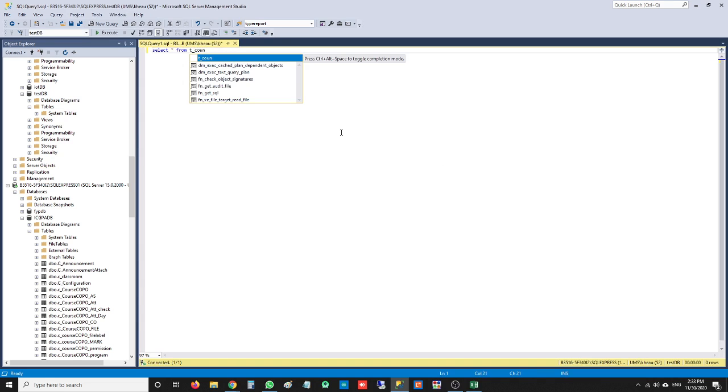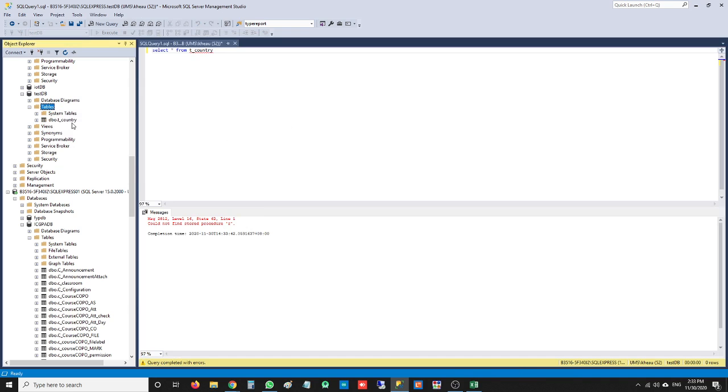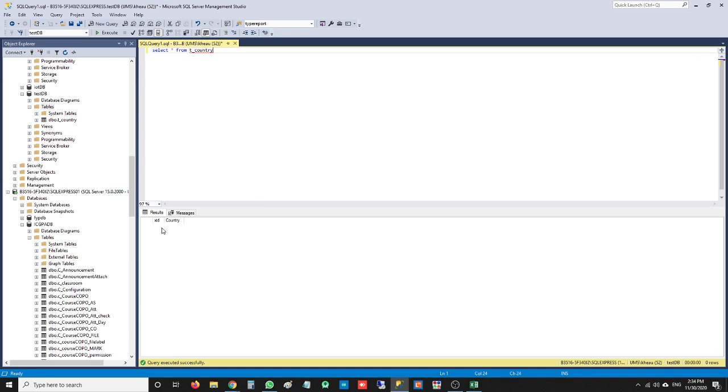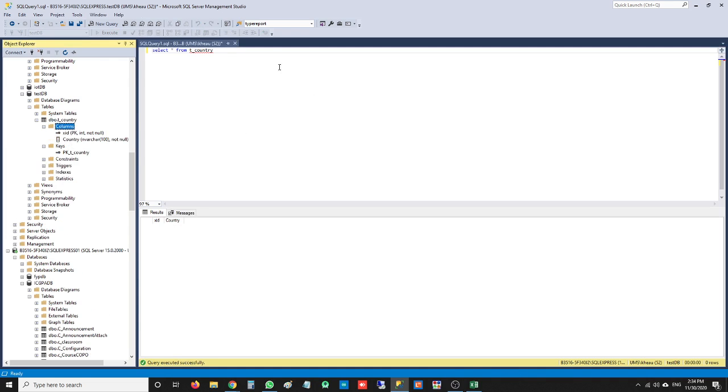Select. There's no data inside. You can see the column is two. One is index, one is ID, another one is country. So we try to insert